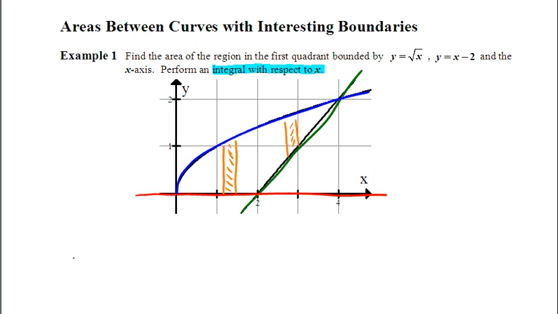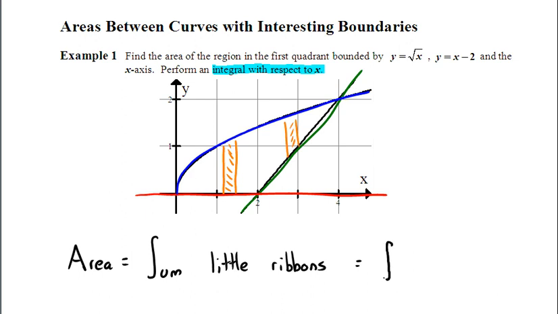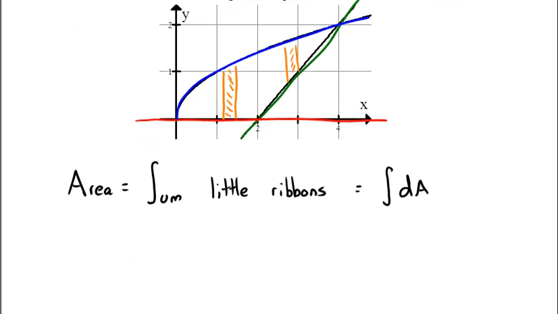So the area is really nothing more than a sum of little ribbons. That's all we're doing. We're just adding up some dA's. We'll have to do it in 2 sections until we get to the second example. But this should work fine. So okay, here we go. Going to integrate. At the beginning, it's blue on top of red. So I'm going to have